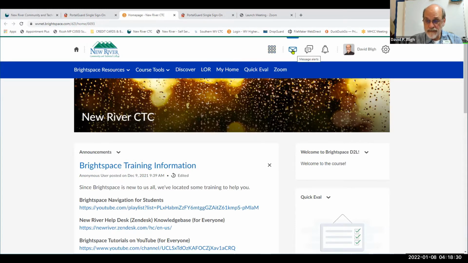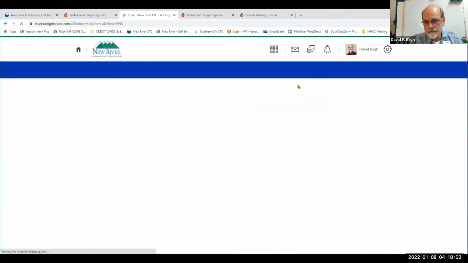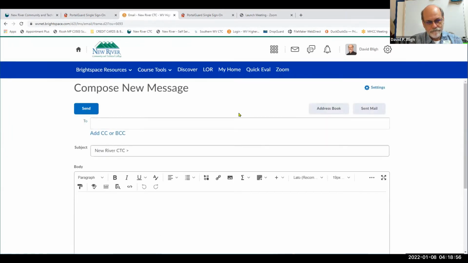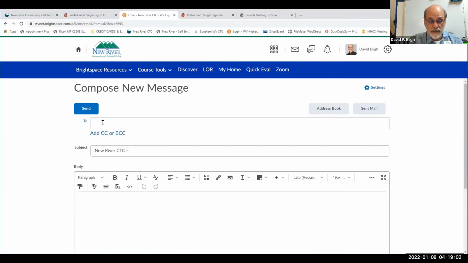This will give you messages, usually email, but perhaps even, I've forgotten the term. Let me just click on it. Instant message, excuse me. So you can look at instant messages or emails here. I think you can send an email here. I'm going to click on it and see. Yeah, you can send emails here. At this point, you have to put the address in manually. Whatever email you want to send, you should be able to send it from here. If we go back like that,